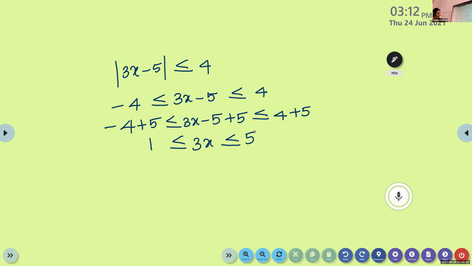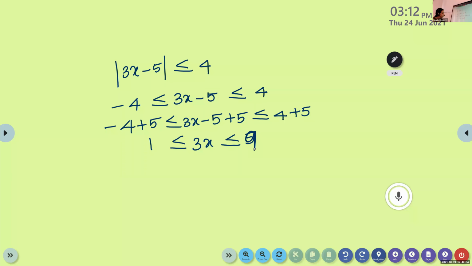Are we getting the value of x here? Is it the value of x? No, it is 3x, isn't it? So how will you find the value of x? Ma'am, less than or equal to 9. Yes, Aishwarya, very good. Thank you. It is less than or equal to 9. 4 plus 5, I wrote it as 5. Okay, 9. Now tell me, children, what is the next step?